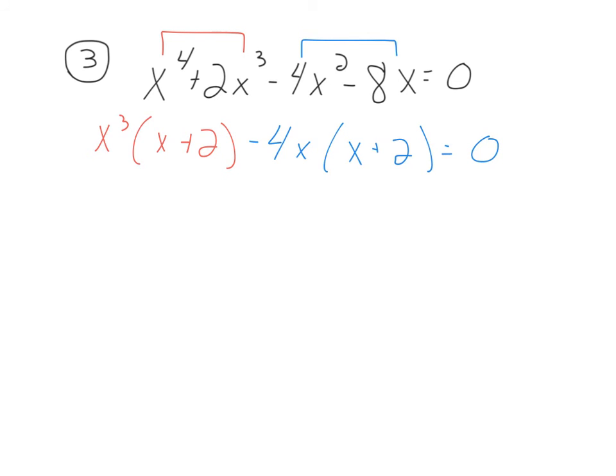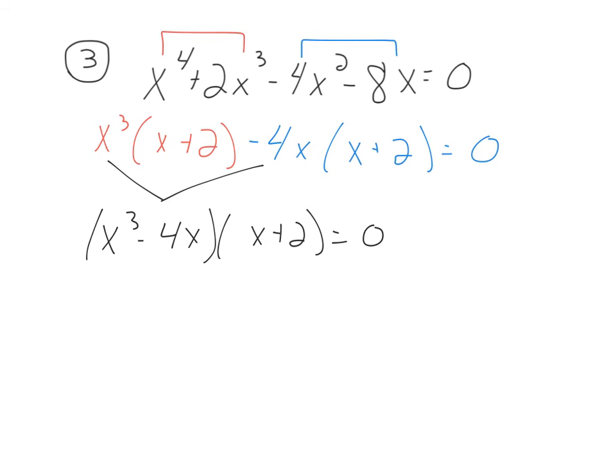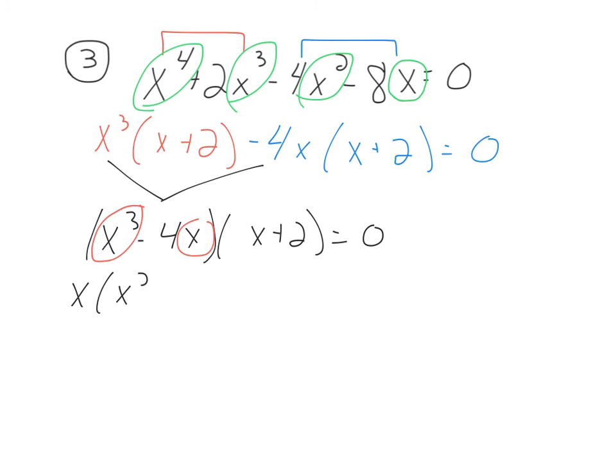Go ahead and write the things on the outside together. So I get x to the 3 minus 4x, times x plus 2, equaling 0. And then when I set each of these pieces equal to 0, you can notice that you can still pull out an x in one of these. And remember, we check this at the very end, because if we missed in the beginning that we could have pulled out an x, because every single term has an x in it, then we can go ahead and pull that x out now. So we get an x coming out, leaving us x squared minus 4, my apologies, times x plus 2,